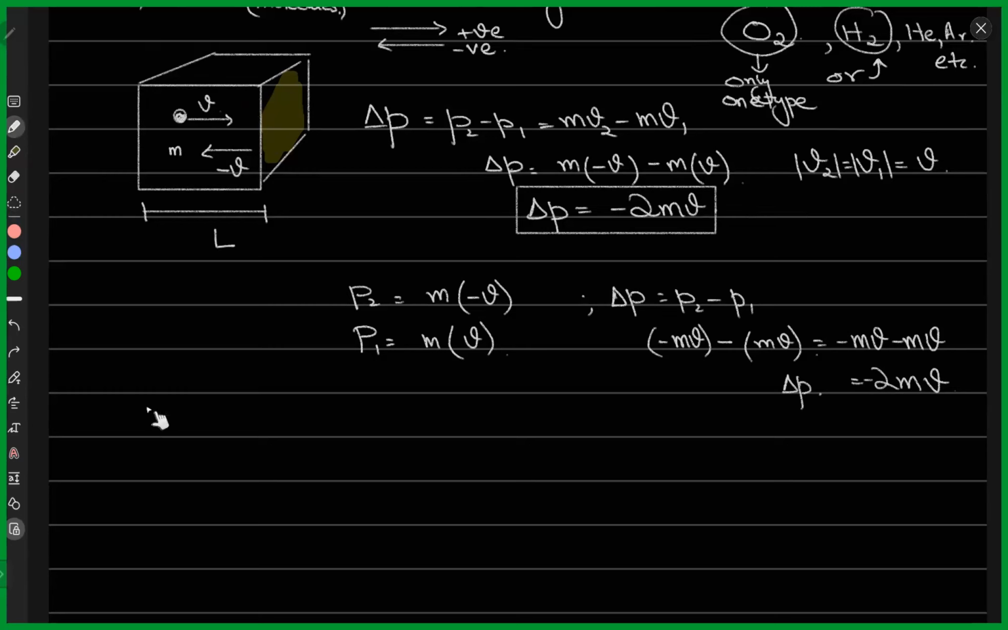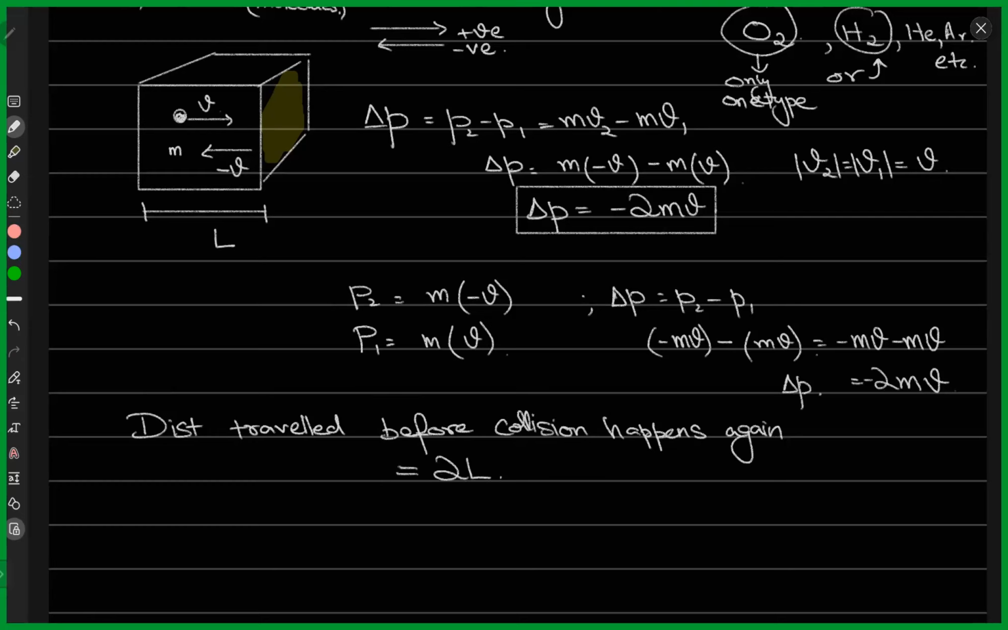So the distance traveled by this molecule before it collides again, before the collision happens again, the distance is 2L, right? So is that clear? I'll write it on this side. It's equal to 2L. So if the distance is 2L, then the time taken for this collision to happen would be